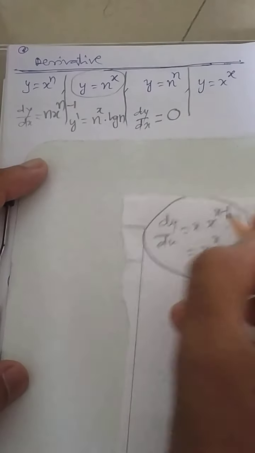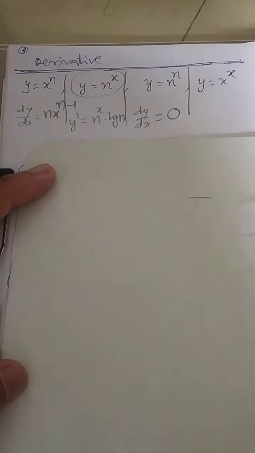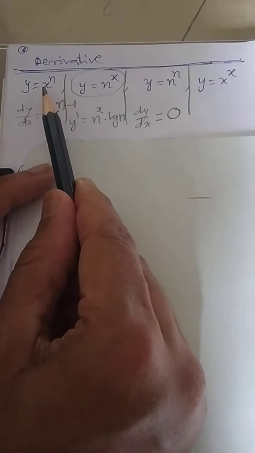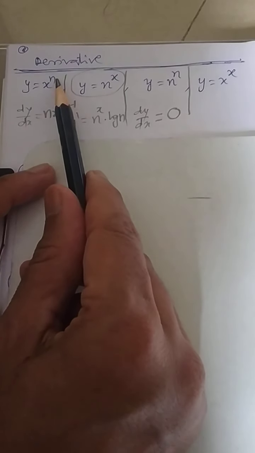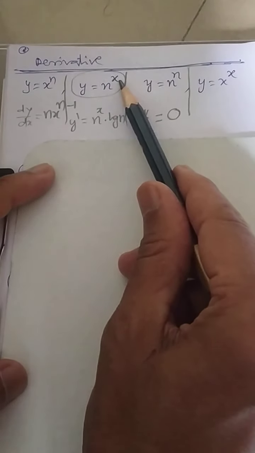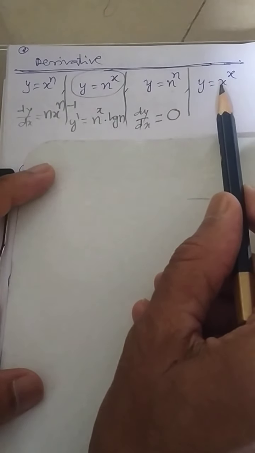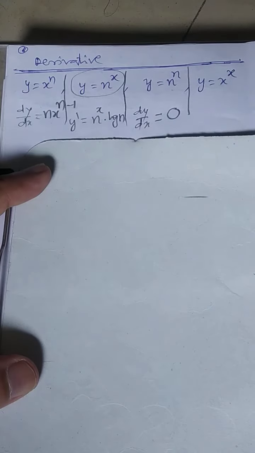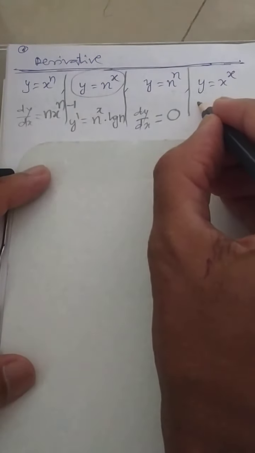This is not the correct way of answering the question. Do you know why? The first formula can be applicable whenever it is variable raised to power n. Over here, it is number raised to power x. This is only a number, and this question is nothing but variable raised to power variable. So you cannot use the earlier technique. The new technique is the application of log.